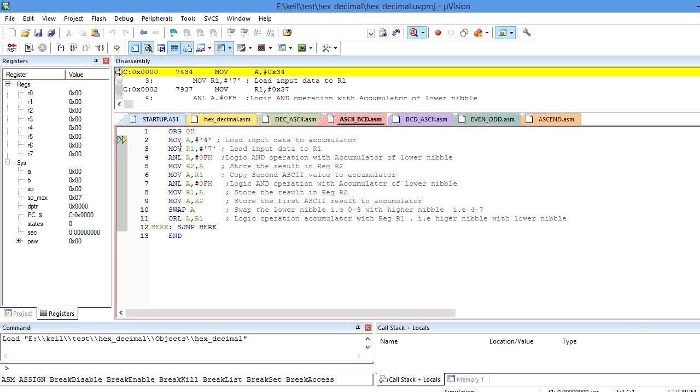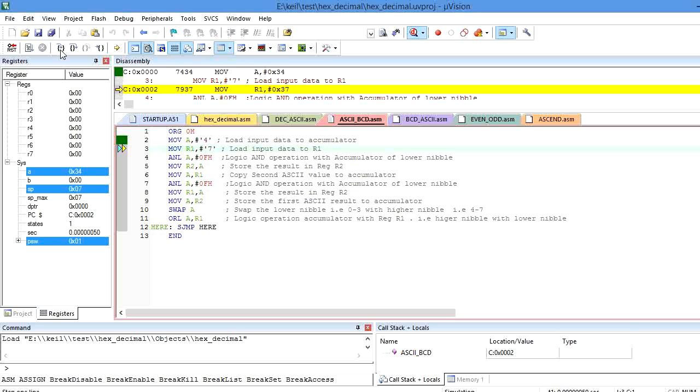When I execute MOV A, #34, I am copying the value 34 into the accumulator. See here, the value of the accumulator was previously 0, now it is 34. Why 34? The equivalent ASCII value of 4 is 34. I am storing it into the accumulator.